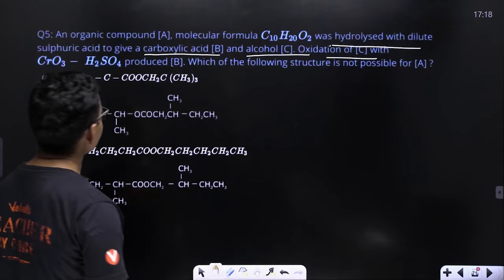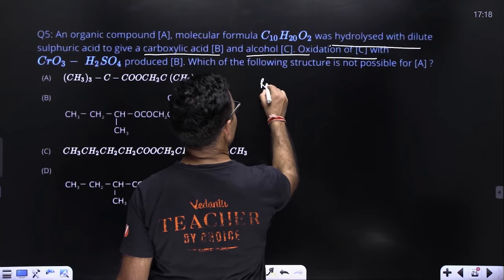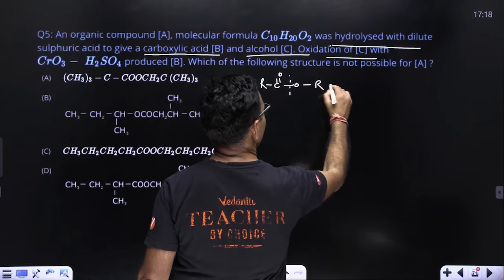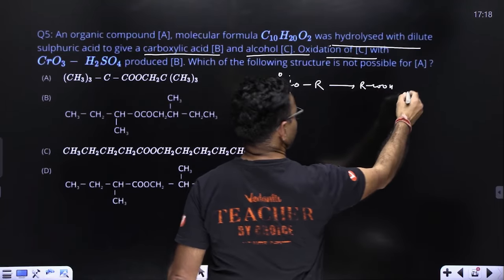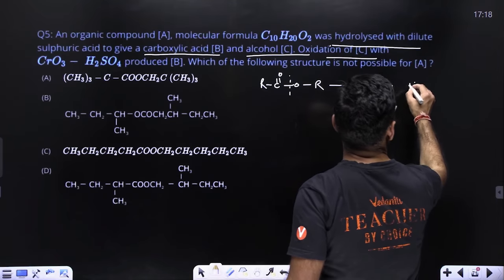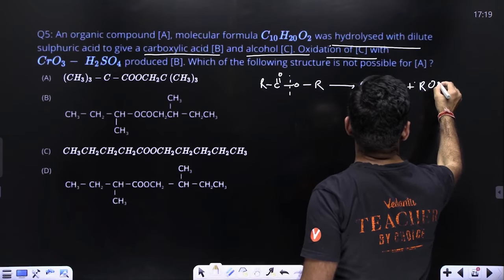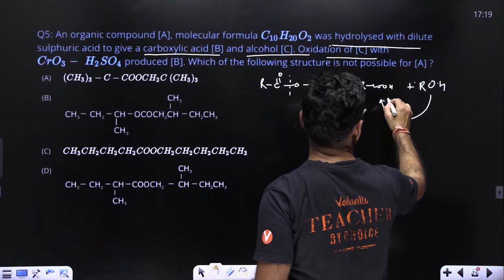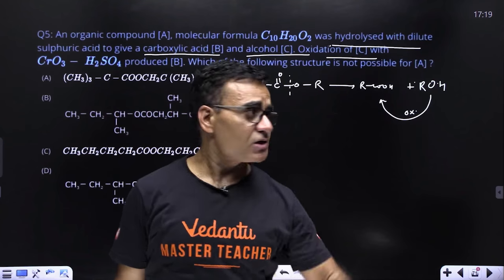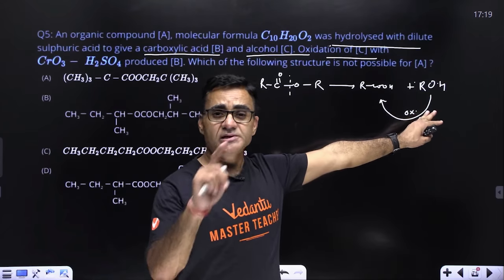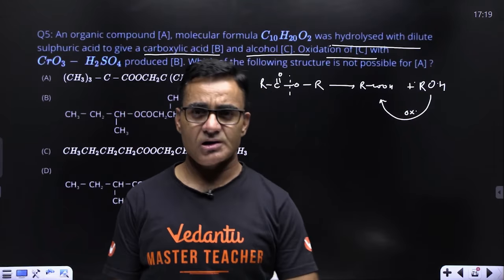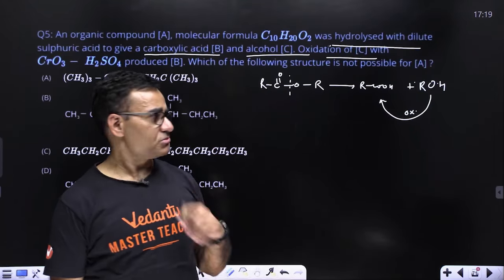ऑलराइट, सो लेट्स फाइंड आउट। तो बेसिकली जब आप हाइड्रोलिसिस करते हो किसी एस्टर का, तो आपको पता है कि ये वाला बॉन्ड टूटता है और लेफ्ट वाला पोर्शन कार्बोक्सिलिक एसिड में एंड राइट वाला पोर्शन अल्कोहल में कन्वर्ट हो जाएगा, प्लस ROH, ऑलराइट। बस क्वेश्चन में ये बोला है कि इसका ऑक्सीडेशन करने पर आपको कार्बोक्सिलिक एसिड भी मिल जाना चाहिए। दैट मींस द गिवन अल्कोहल should be a primary alcohol because only primary alcohol gives carboxylic acid on oxidation. Secondary का oxidation normal condition में कीटोन बनाता है, tertiary का possible नहीं है, राइट।